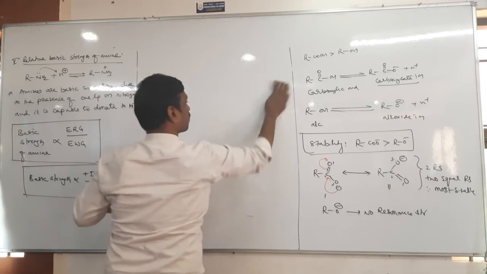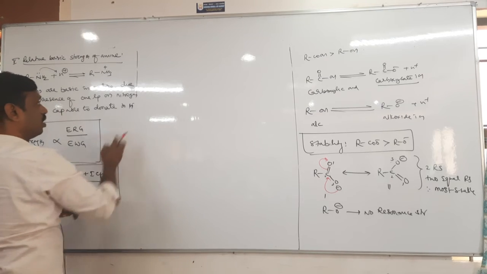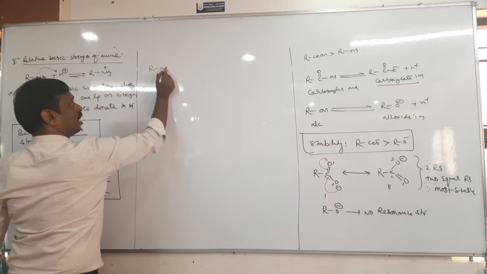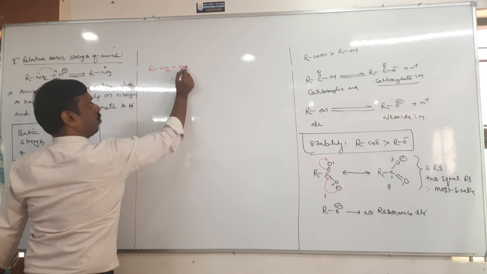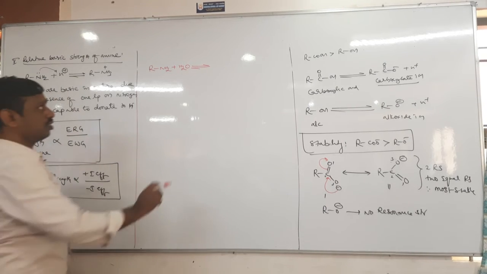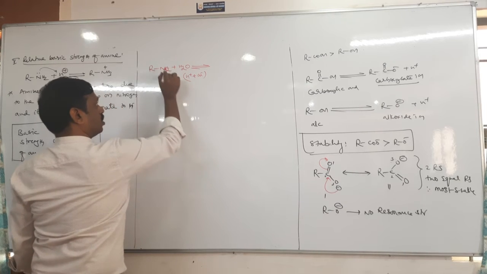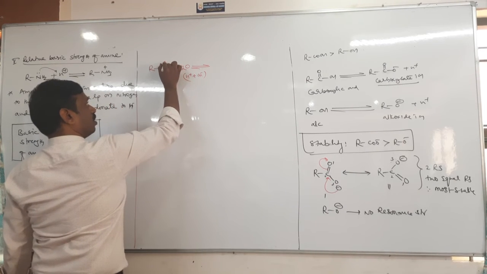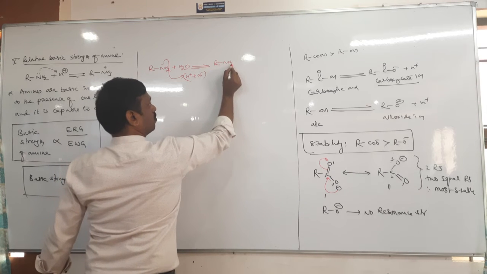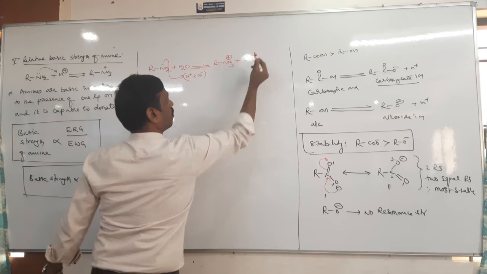Okay, now let us take a base, amine RNH2. It is dissolved in water. Tell me, when a base is dissolved in water, this water has H plus and OH minus, right? So this lone pair of electrons is given to the H plus ion, so what does it form? RNH2 becomes RNH3 plus and OH minus.